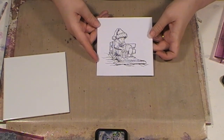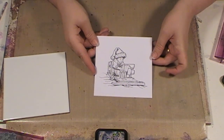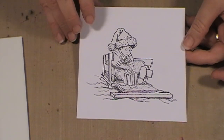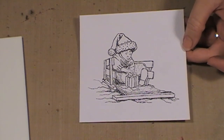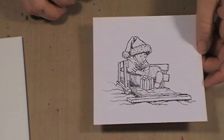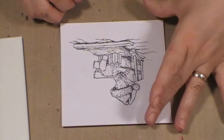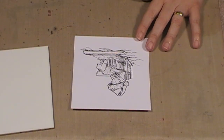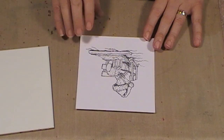Now my ink pad's a little bit dry and these lights are really hot. So it isn't as black as yours might be if it's a new ink pad, but that's fine. The other thing you want to know, if it's not really hot under bright lights like mine is, is you want to heat set this a little bit. Just blast it like this with a heat gun, just for a few seconds,